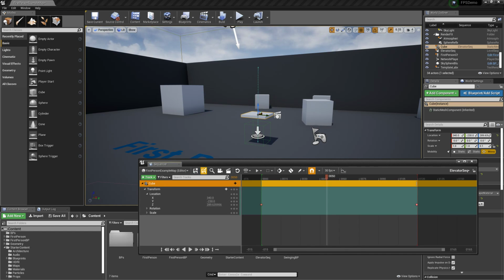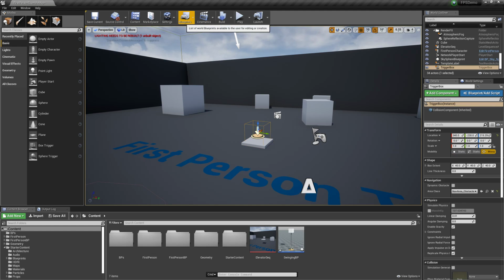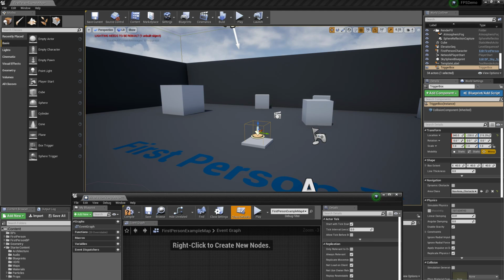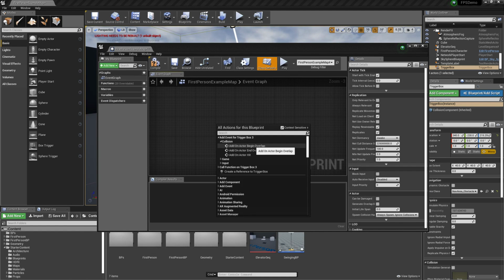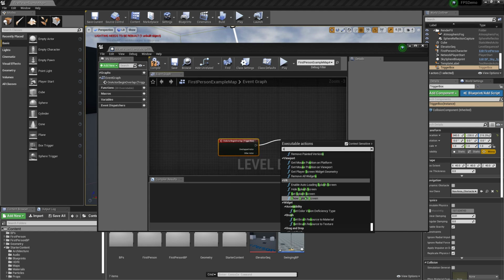And good enough. Now we just need, when you walk over the box trigger, for it to play the animation. So I'll put this in my level blueprints. And I selected the box trigger already. So when I right click, I can say add the event, a collision event, which is add on actor begin overlap. When that happens,